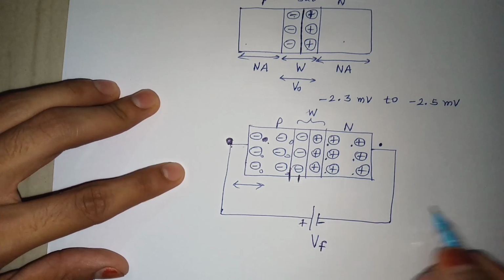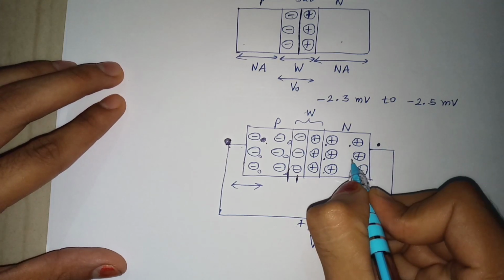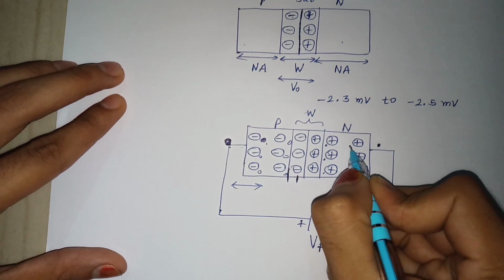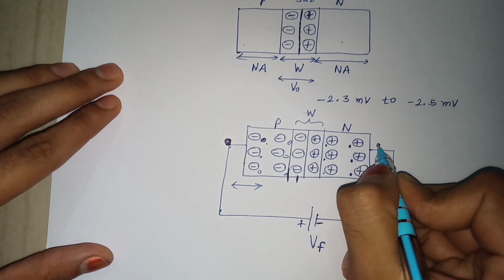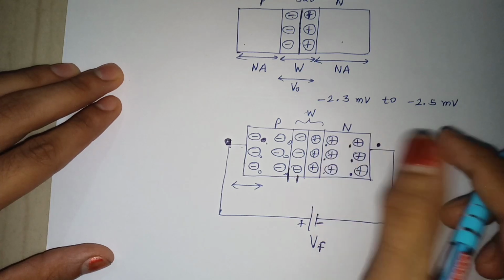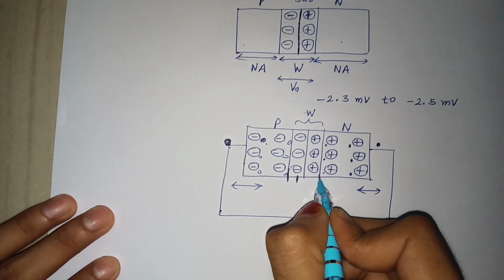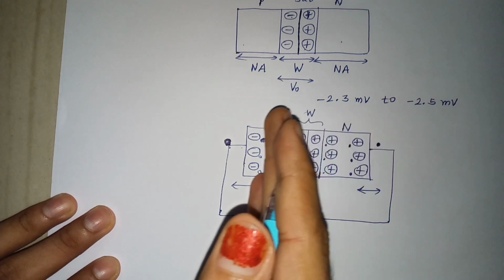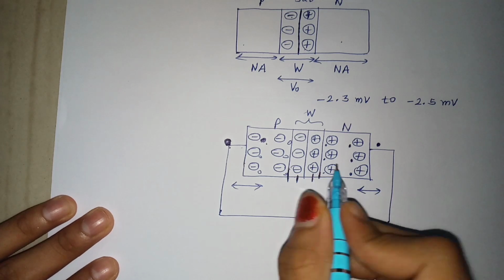And this is negative charge. Negative charge means here electron, this is also electron, this is negative charge and this is also negative charge. Negative charges repel each other, therefore this depletion width also moves towards the left side like that to this.